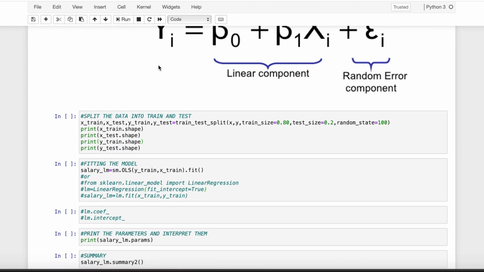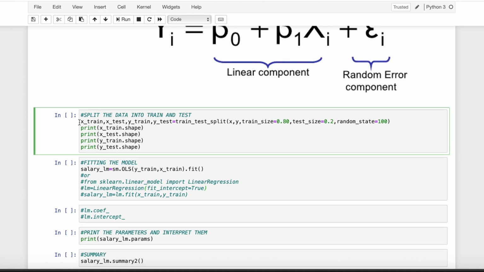Now moving on to the next step, we will split the data into train and test data. To split the data into train and test or the validation set, we will use the train_test_split function, which we will call from sklearn.model_selection, and this is the code that we have to write for splitting the data. So here we will have x_train, x_test, y_train, y_test, and after calling train_test_split, we will distribute our data into train size of 80% and test size of 20%.